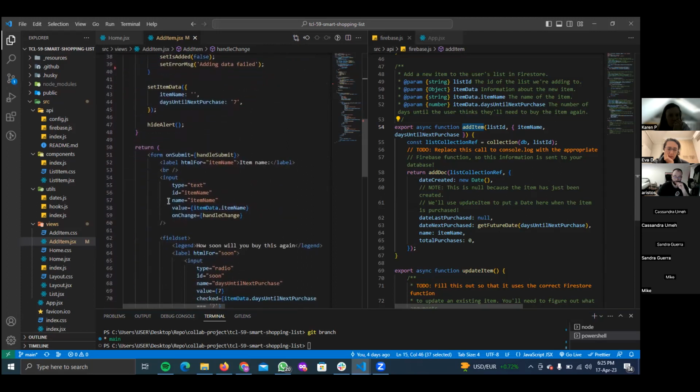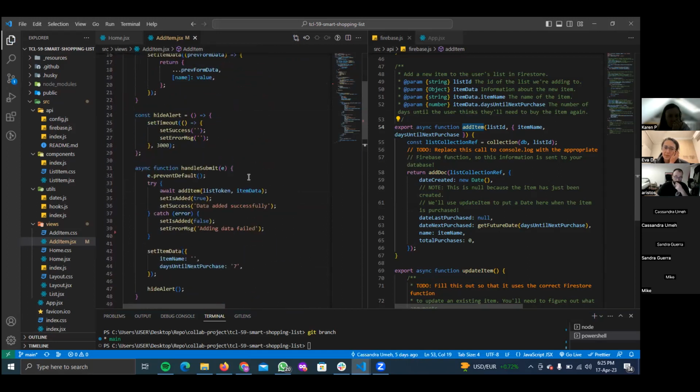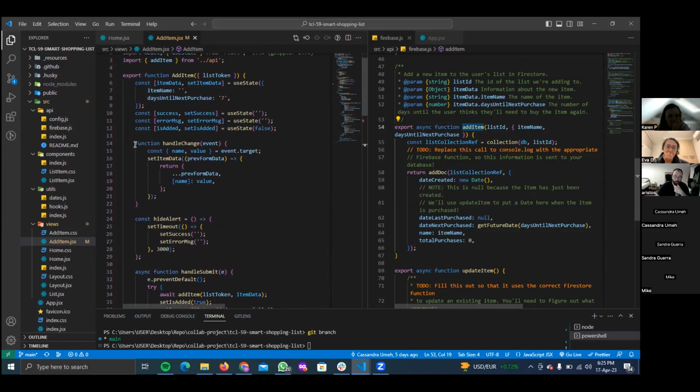I forgot to mention that in order to do this, we had to make sure that each of the form input fields has a name property and a value property. So within the handle change function, we destructured the name and the value from the target component, and we destructured the previous state, the previous value inside the set item data, and then we targeted the name and we gave it the value.